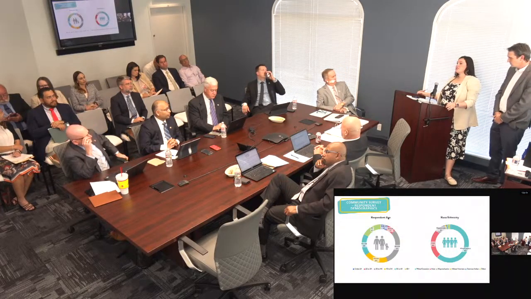So the next step is, once this is formally adopted, this will become our department's guidebook for the next 5 to 10 years. And it's really gonna play a factor with the Parks and Recreation Board. They work on a project priority list every year, and so they'll use this data to help create that priority list. And then that will give our staff the goals for what we need to be focusing on each year moving forward.